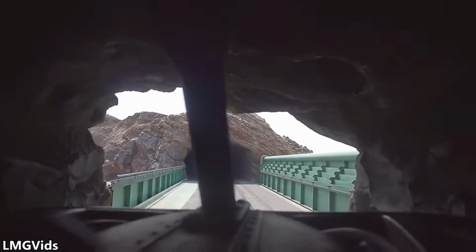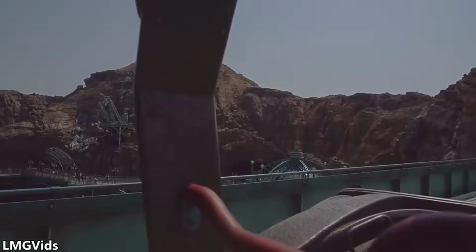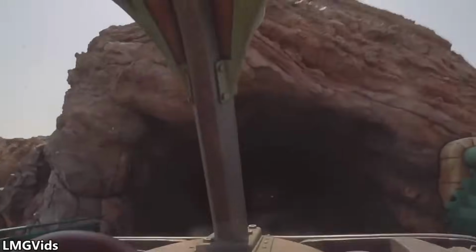burst out the side of Mount Prometheus itself, giving you an incredibly quick but impressive bird's eye view of the entire park. You next race around the perimeter of the mysterious island before slowing down and reaching the unload platform of the attraction, surviving your run-in with a lava monster and your heart-stopping 3-minute journey to the center of the